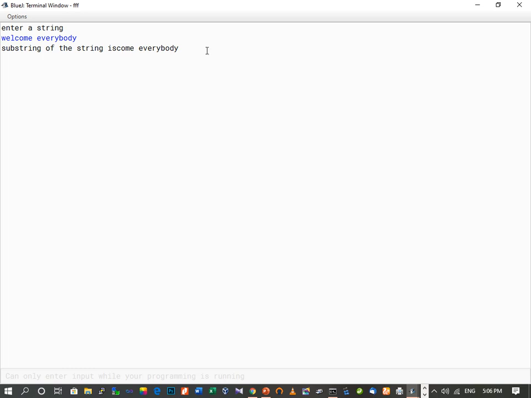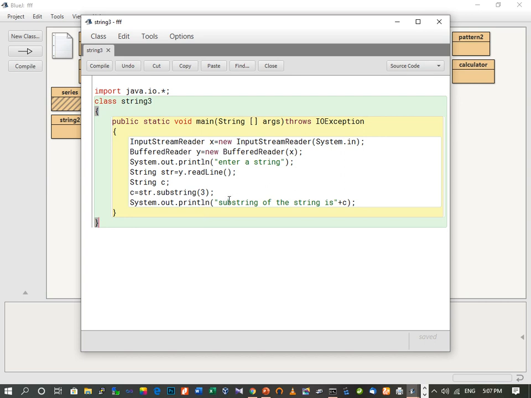So now we will see the other form of the substring function. Here we will use both the starting index and the end index. So suppose 3 comma 7, as we saw in the example, that only we will see. So let's see the output of this.